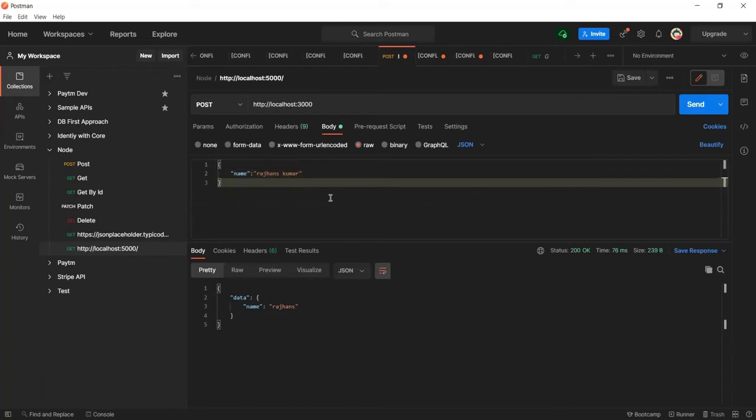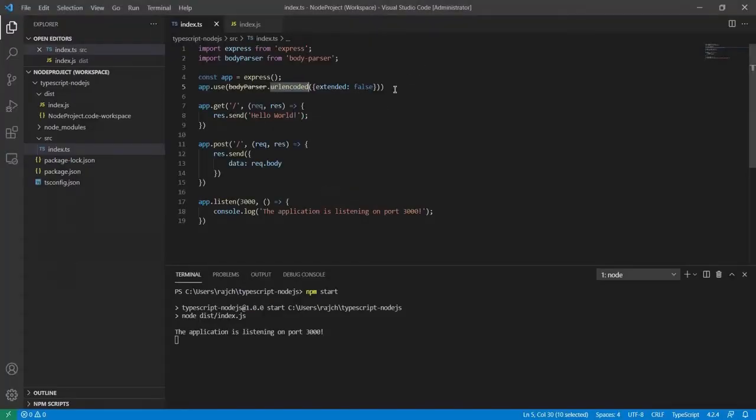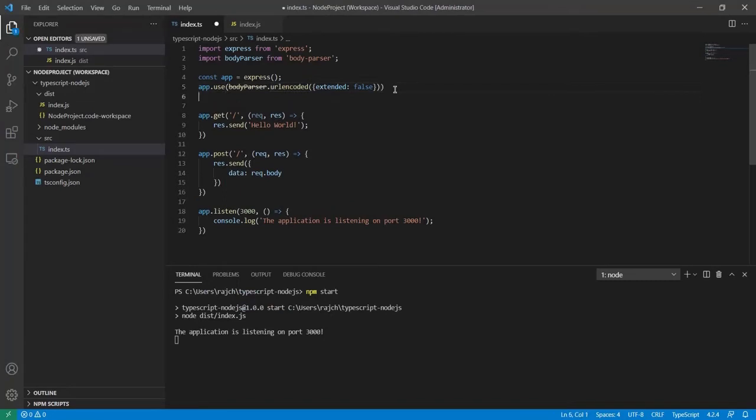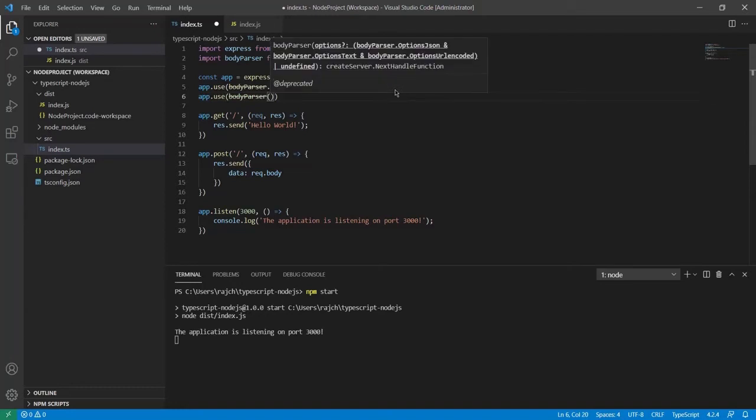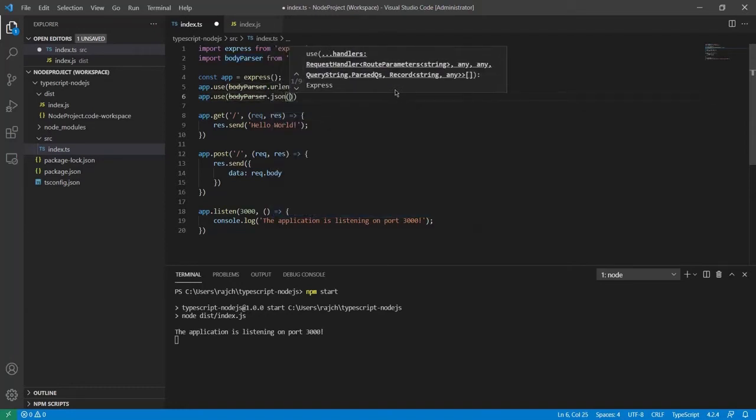To receive the request from JSON raw data, I also need to add one more thing here. So let me add app.use bodyParser.json. Now it will also receive the JSON request.